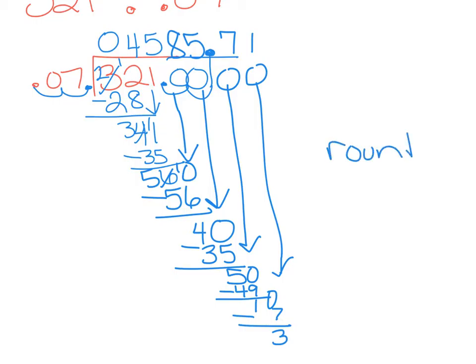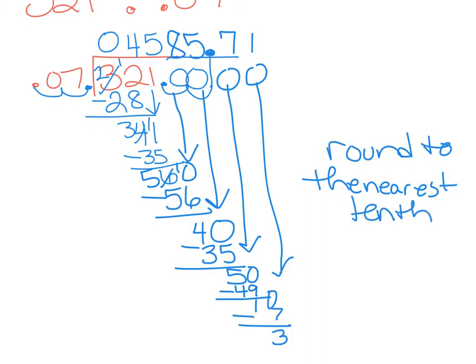Round to the nearest tenth. Okay, so the tenths place is right here. We would look next door, see that we have a 1. 5 or more means to add 1 more when we round. 4 or less, just ignore. So we would leave the 7 the way it is. And our final answer would be